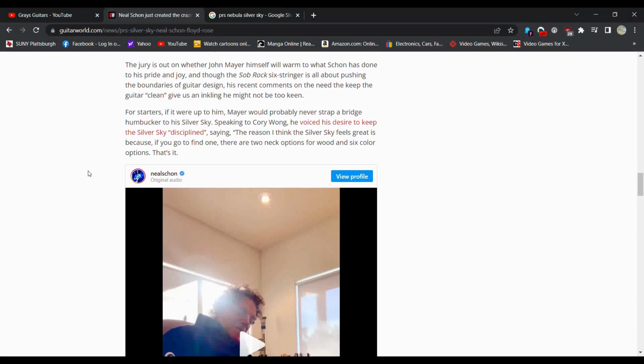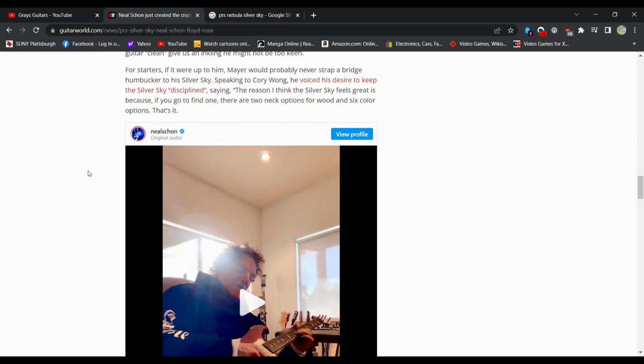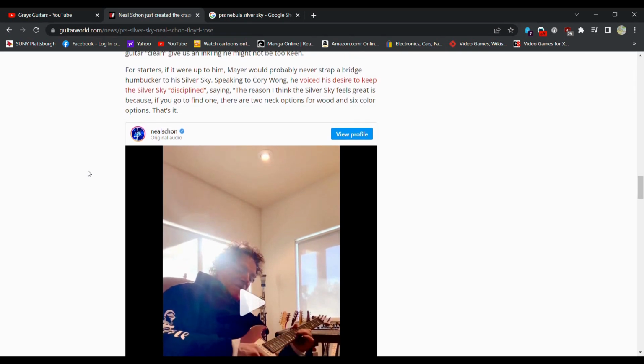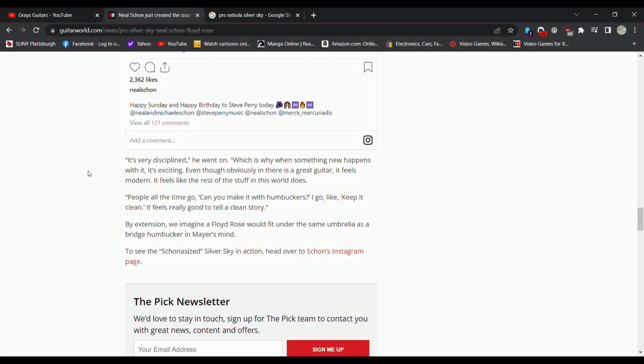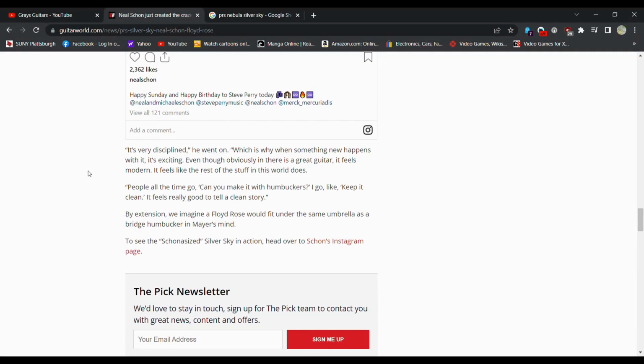He hasn't yet. Feels great is because if you go find one, there are 2 neck options for wood and 6 color options. So yeah, I mean, it's like a Fender Strat. You get multiple options, multiple pickup layouts. It's very disciplined. I mean, the cutaways, some people argue, are a little nicer. It's very disciplined, he said, which is why when something new happens with it, it's exciting. Yeah, it's a new guitar. It's a little bit new